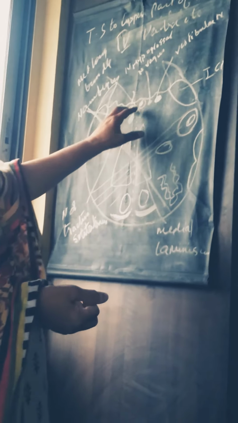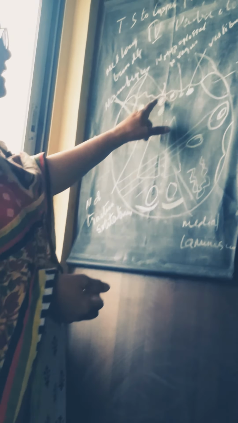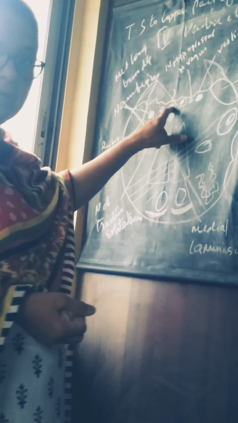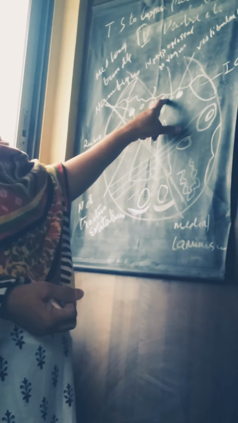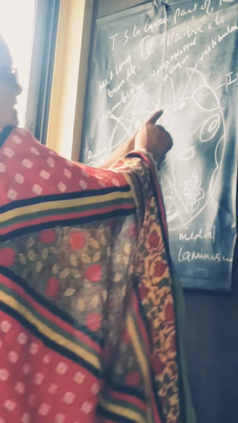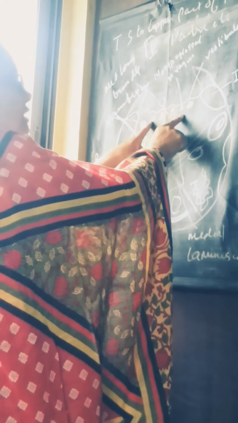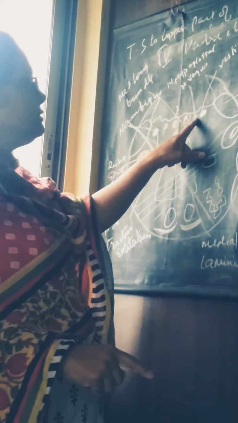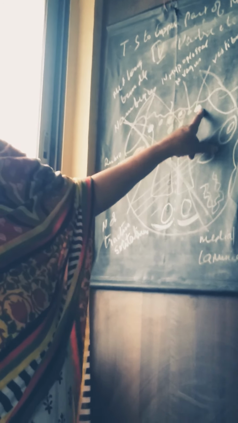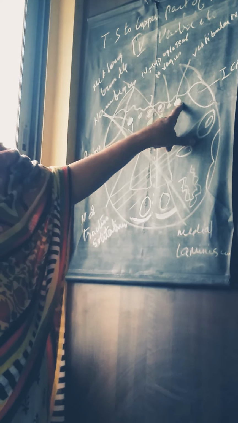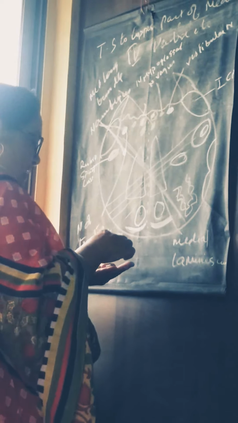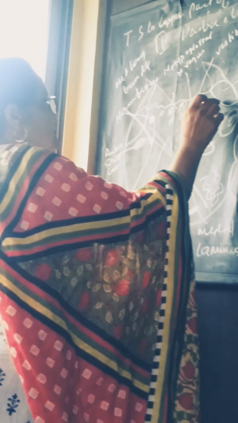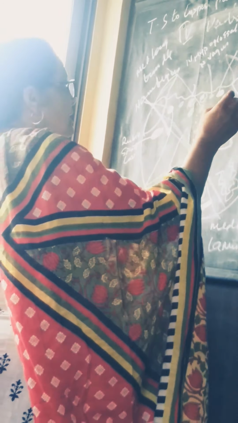Now, this section consists of various nuclei in the midline. In the midline is present the hypoglossal nucleus, on the right side and the left side. These two are the nuclei of the hypoglossal nerve. On either side of the nuclei of the hypoglossal nerve, you have the nucleus of the vagus nerve. Then still lateral to the nucleus of the vagus nerve, you have the vestibular nucleus.